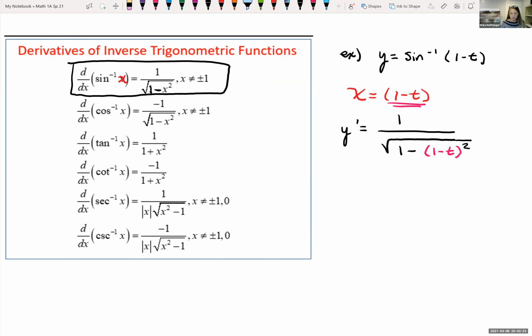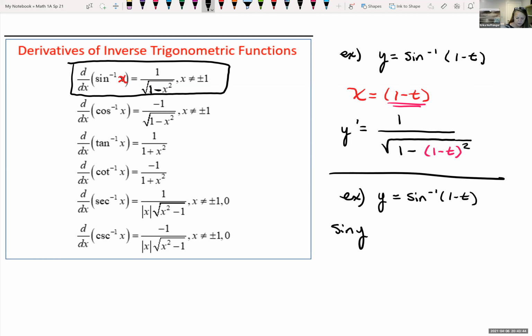Okay, well, let's say again, you didn't memorize that formula. You didn't want to derive it. I mean, we could derive this just as fast. We can do our implicit differentiation. So we could take the sine of both sides. So sine of y equals the sine of sine inverse. That would just give me 1 minus t. I would then take the derivative of both sides of my equation. Well, derivative of sine I know is cosine of my inside y times the derivative of my inside, dy dt,